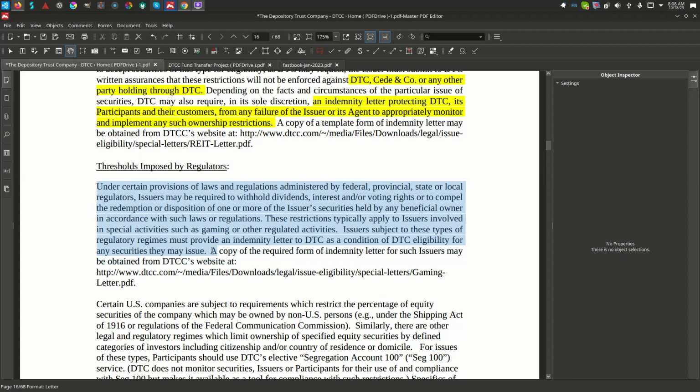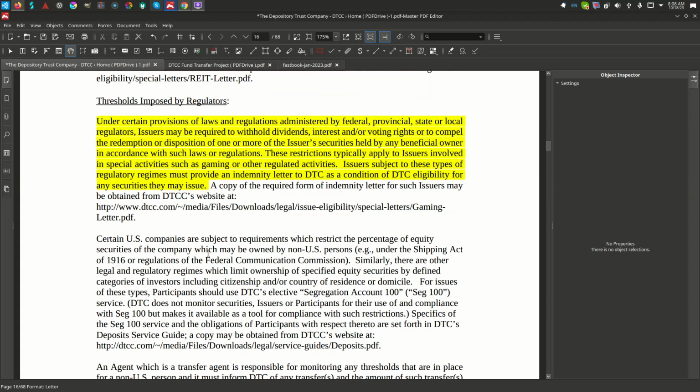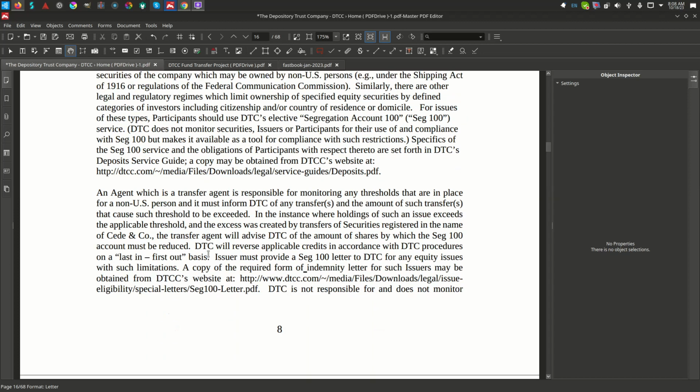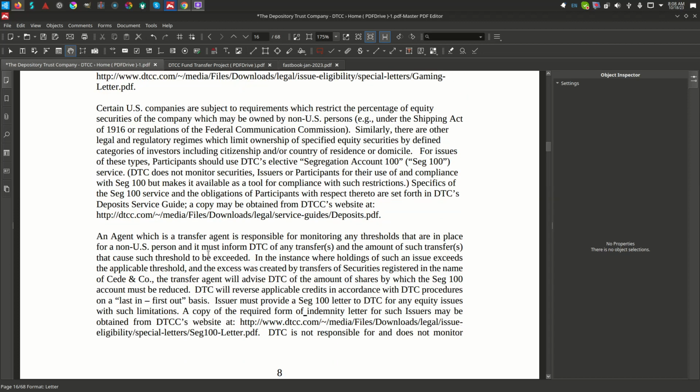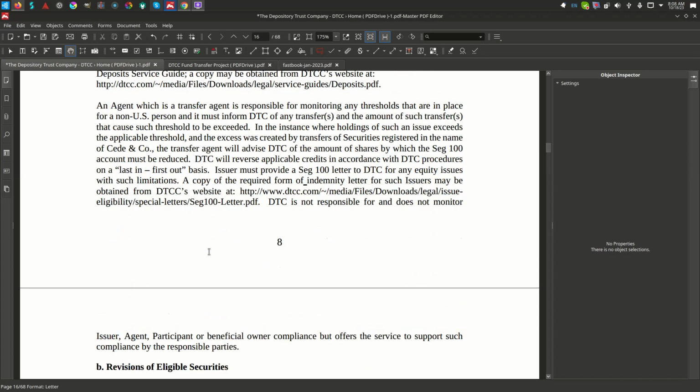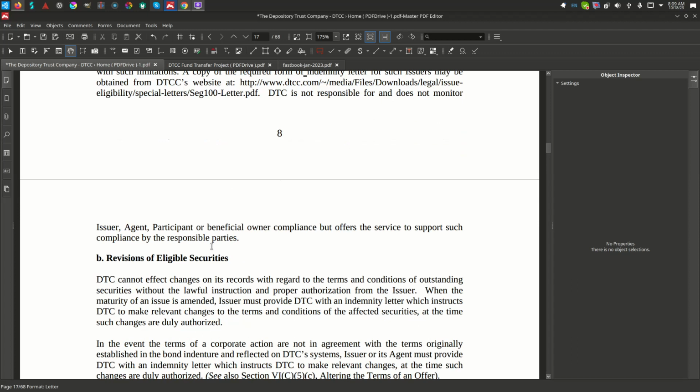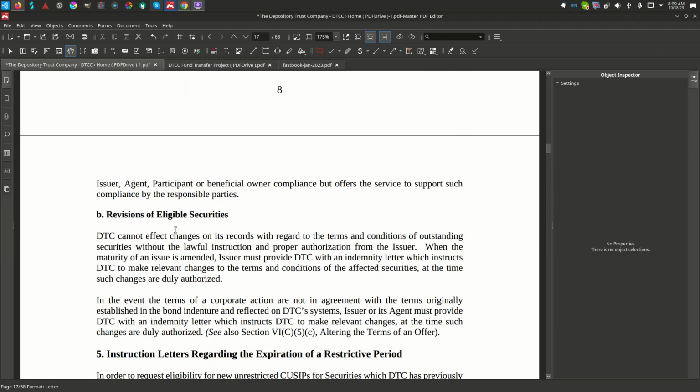Special letters. Why am I highlighting this? Well, I'm highlighting this because as I progress through this document, remember we're going to 7 and 8, it talks about these indemnity letters and how they're to be used. Now, this is page 9. And page 9 is going to talk about the revision of